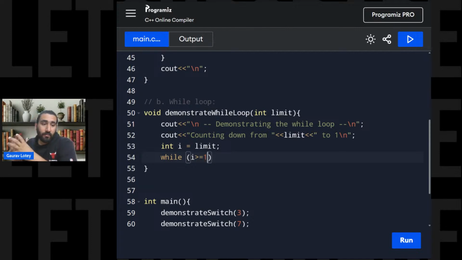Now remember I told you that a while loop is something which runs repetitively until and unless a condition is fulfilled. So what is the condition that we have given? Remember, this is the syntax of a while loop also. To declare a while loop, we need to write the while keyword, and in the round brackets, we need to mention I is greater than or equal to 1. This is the condition. And remember, what is I? I is the limit which we have taken as an input from the user. If I is 10, then until and unless 10 is greater than or equal to 1, this condition is not